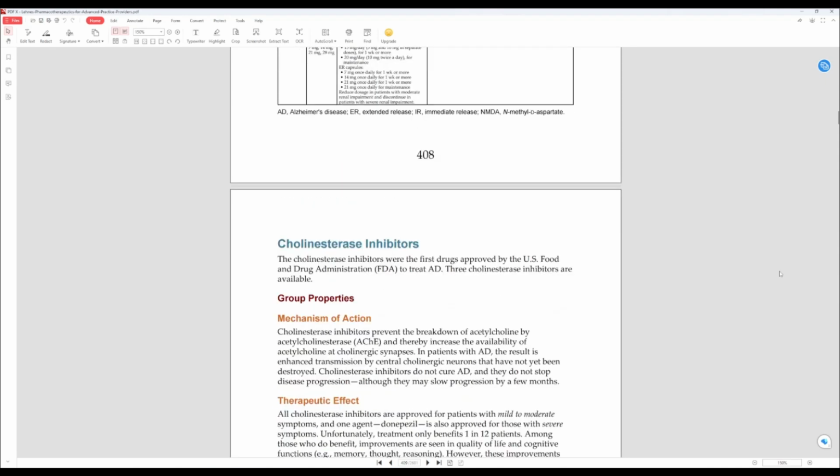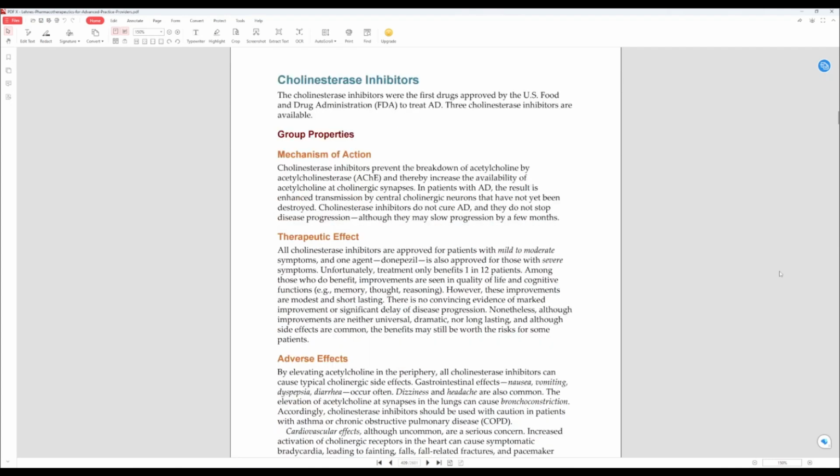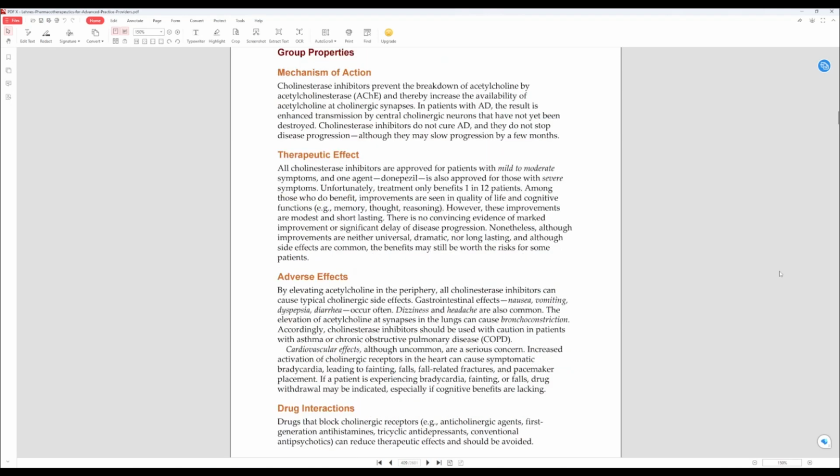Cholinesterase inhibitors. Cholinesterase inhibitors were the first drugs approved by the FDA to treat AD. Three cholinesterase inhibitors are available. So, group properties, the mechanism of action. Cholinesterase inhibitors prevent the breakdown of acetylcholine by the acetylcholinesterase and thereby increase the availability of acetylcholine at the cholinergic